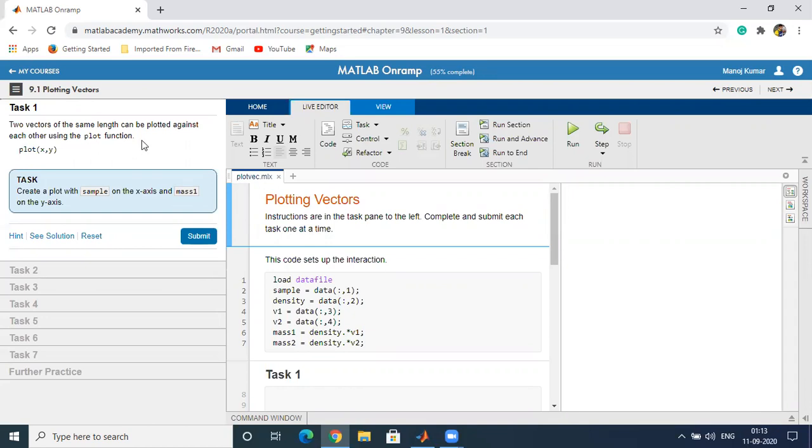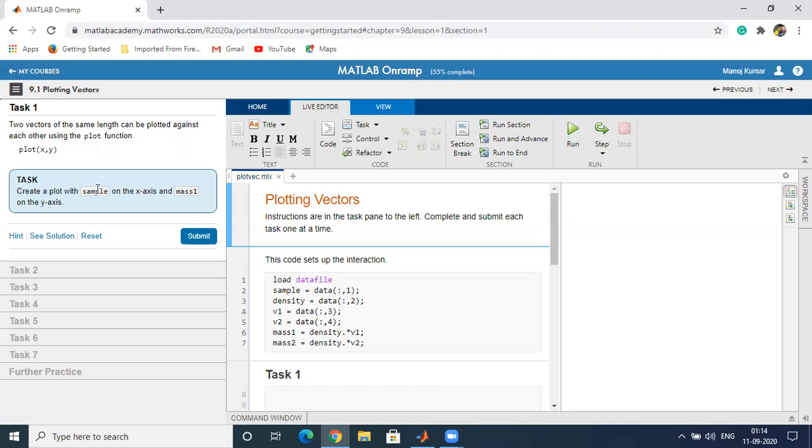So if x is a vector and y is a vector, and x and y are of the same size, for example x is m rows, one column, and similarly y is also m rows, one column, if they are of the same size, then we can plot them by using the command plot x comma y.